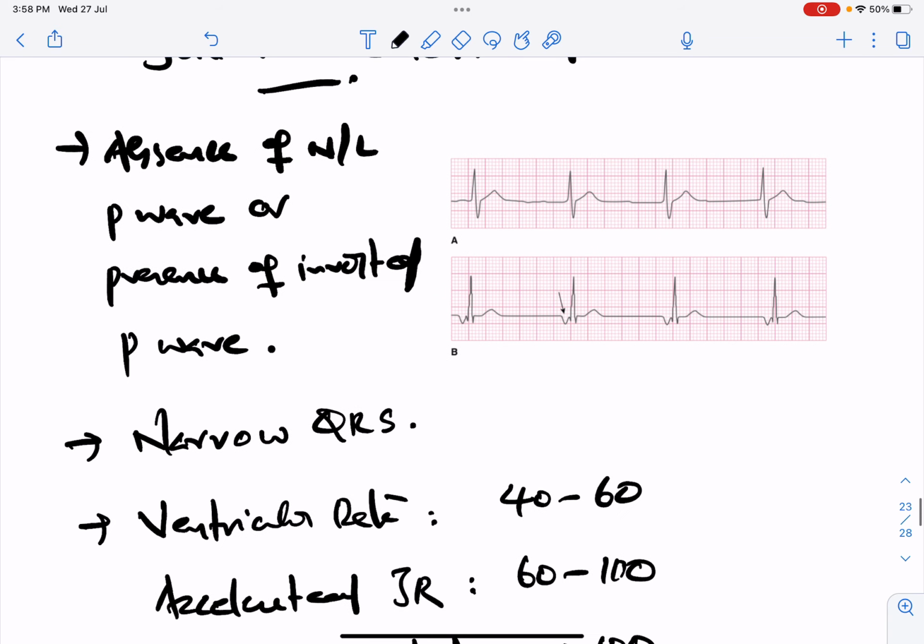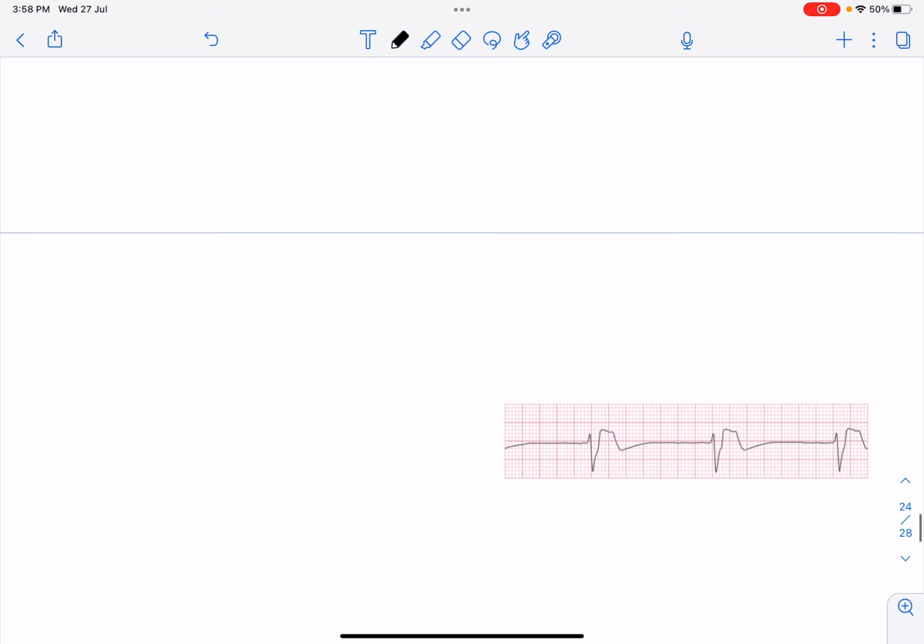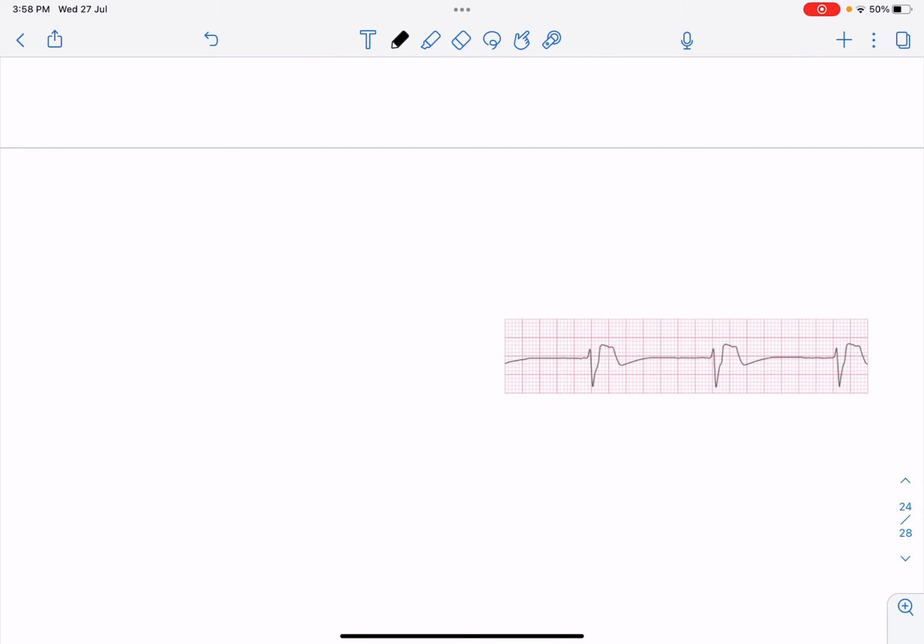So in this ECG, there are inverted P waves due to retrograde conduction, and in this ECG there is no P wave. Okay, that's about the junctional rhythm. Now about the